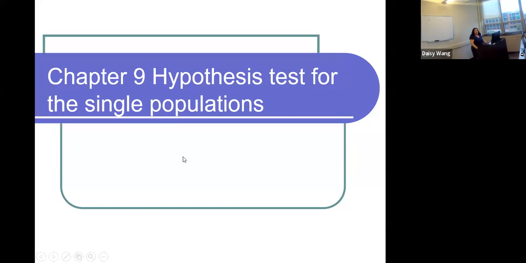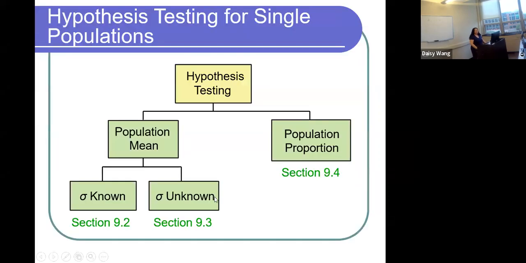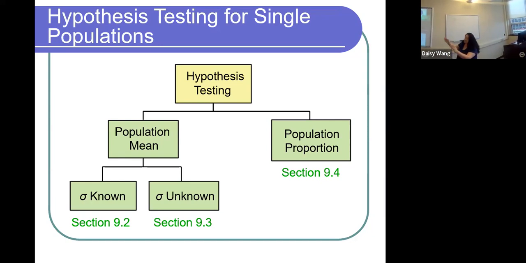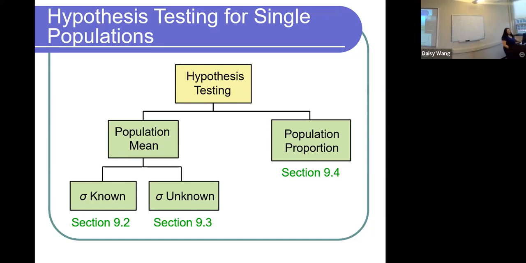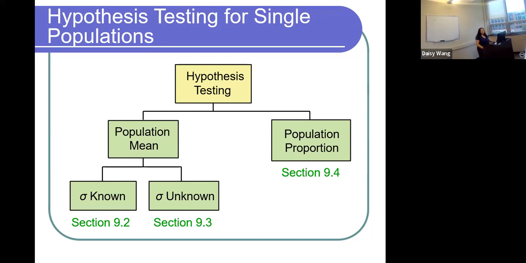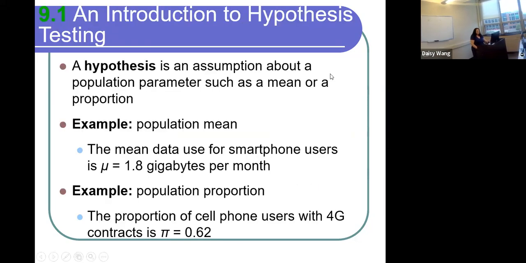So we're going to do a single population. And like I said, we derive this from, so we know the population mean, and if we know the population mean, and we know the population standard deviation, we use this method. And when we don't know the population standard deviation,